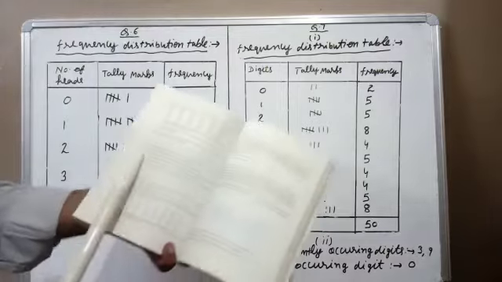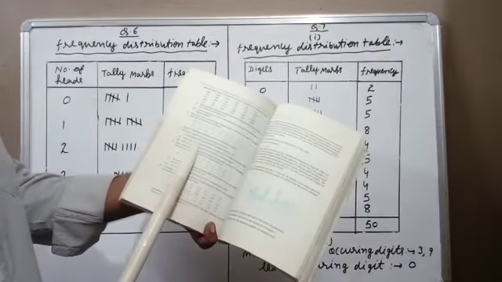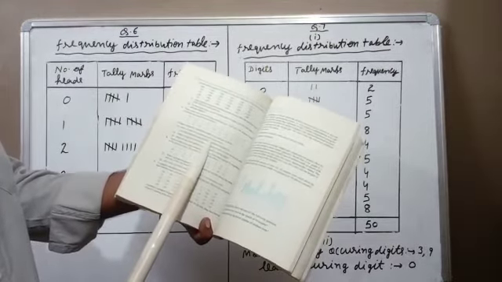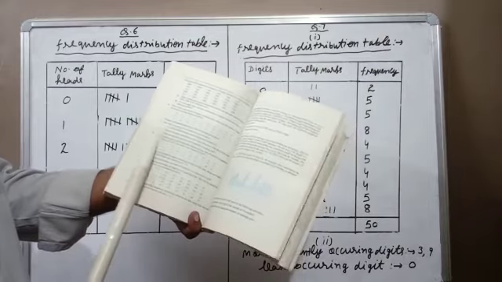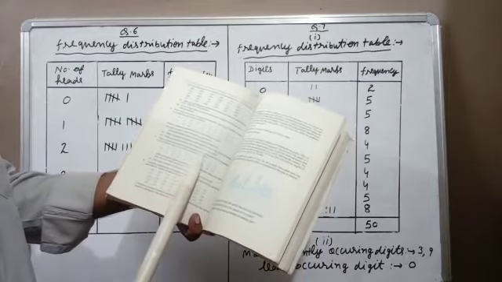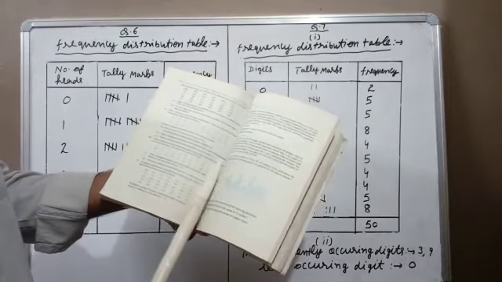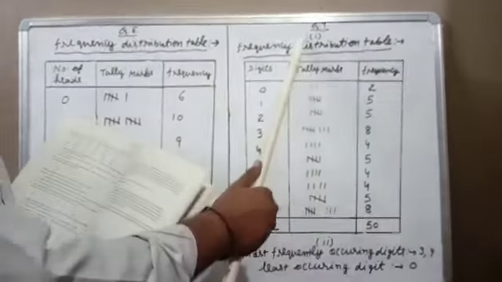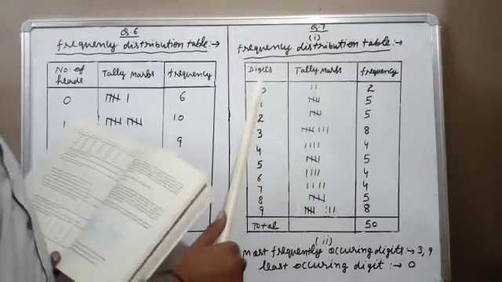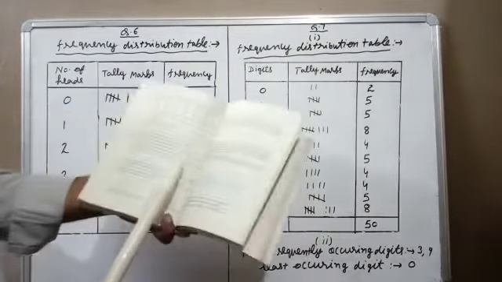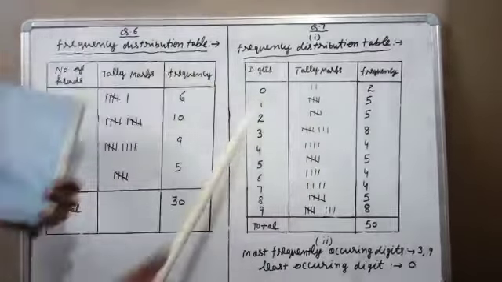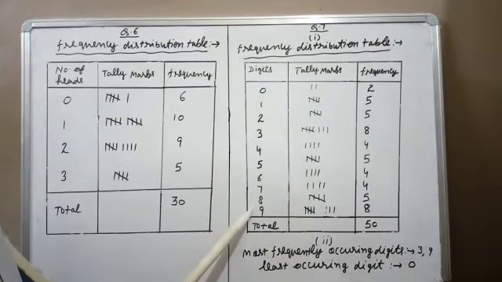Now we will see question number 7. The value of pi up to 50 places is given below. These values are given up to 50 decimal places. First part: make a frequency distribution of the digits from 0 to 9 after the decimal point. So for the first part, the frequency distribution table, here we will write digits, here tally marks and frequency. We have to make the table with values 0 to 9, so we will write 0, 1, 2, 3, 4 up to 9.